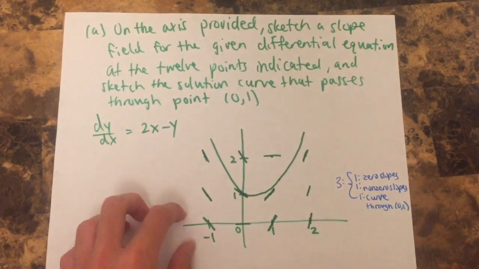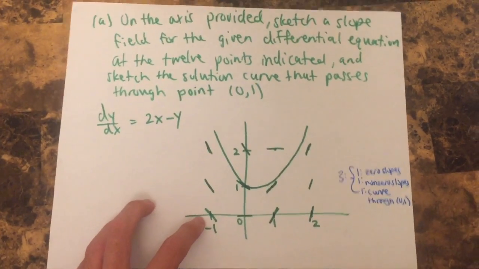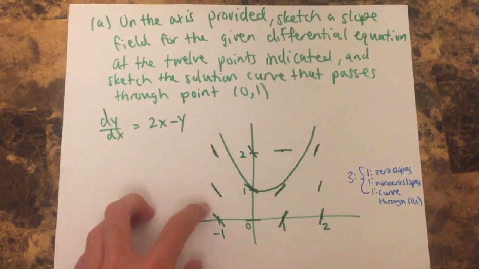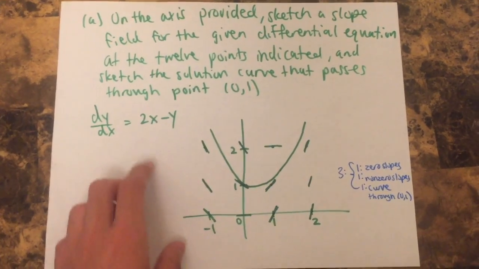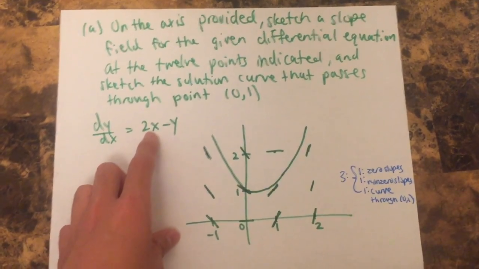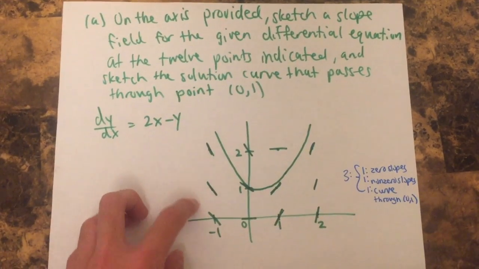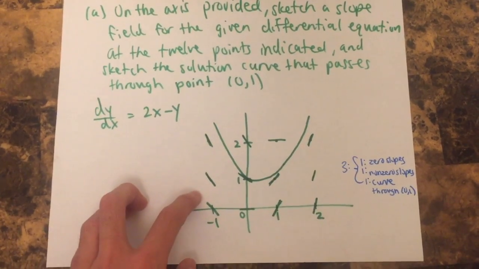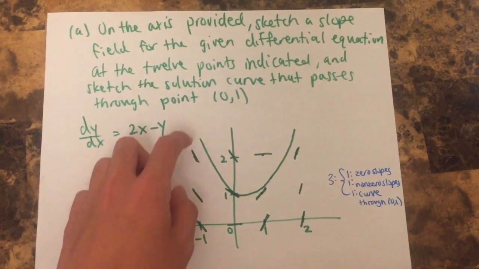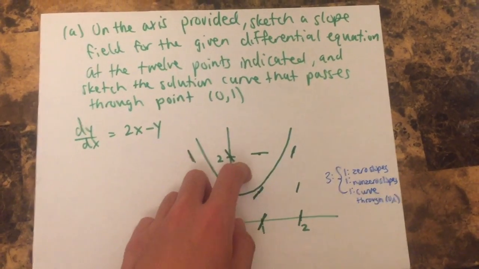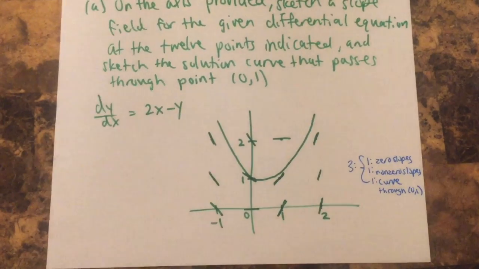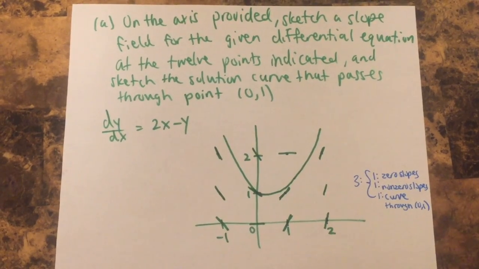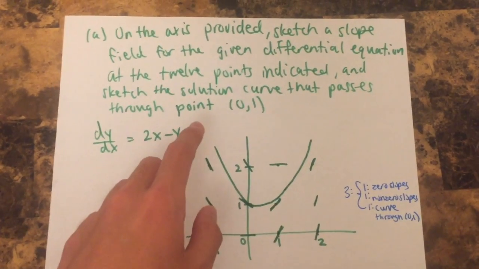And to sketch the slope field, you just plug in the values of x and y at each point into this formula. So (-1, 0) would give you negative 2 minus 0, which is negative 2. So you draw a small line with a slope of negative 2, and you go doing that for every single point that the question provides. And you're going to draw this in a booklet that the test will provide,